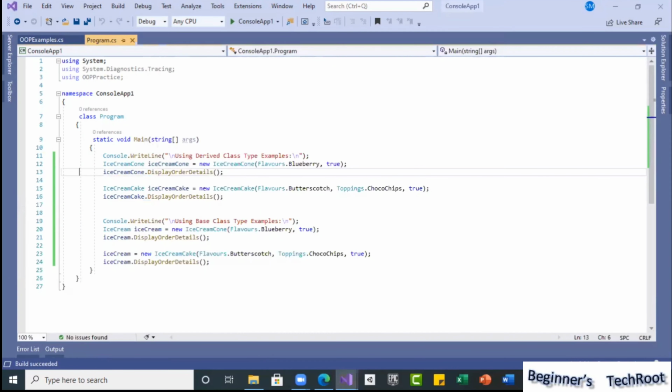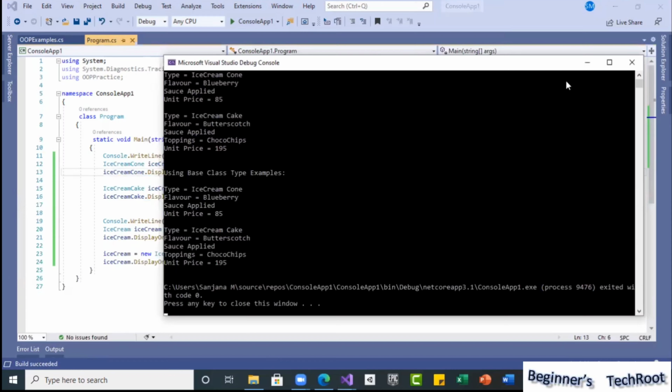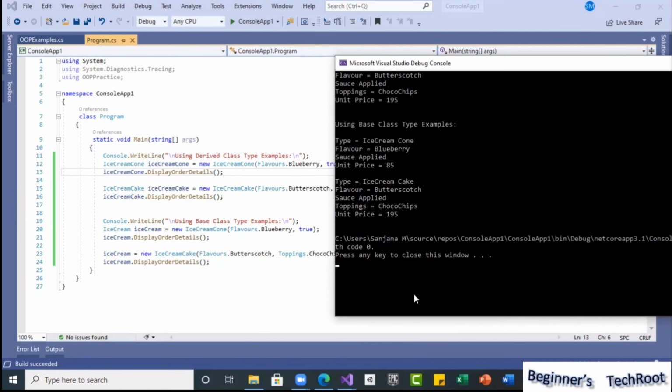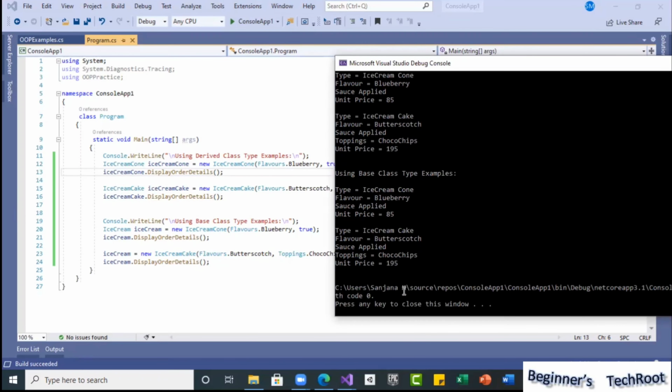See now, here this is the top result and this is the bottom result. You are getting the same: ice cream cone, blueberry sauce applied, 85; ice cream cake, butterscotch sauce applied, choco chips, 195. So this is the advantage.